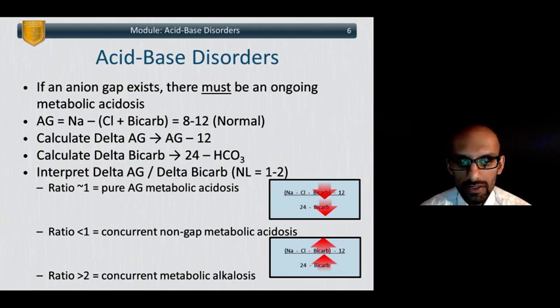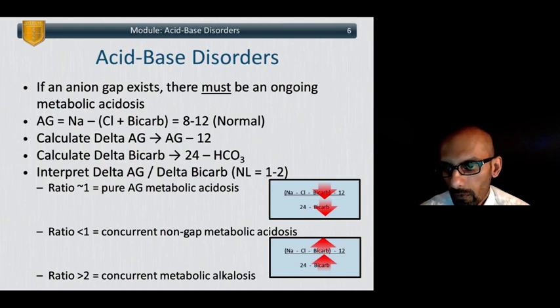Now, if your ratio is far less than 1, that's where it gets a little bit more interesting. If your ratio is much less than 1, that means the number in the denominator is much larger than the number up there in the numerator. So why would that happen? In order for the numerator to become smaller, one of these components here, the sodium minus the chloride minus the bicarb, has to increase to compensate. So if you have a normal sodium and a low bicarb because you have an ongoing acidosis, but you have a hyperchloremia,